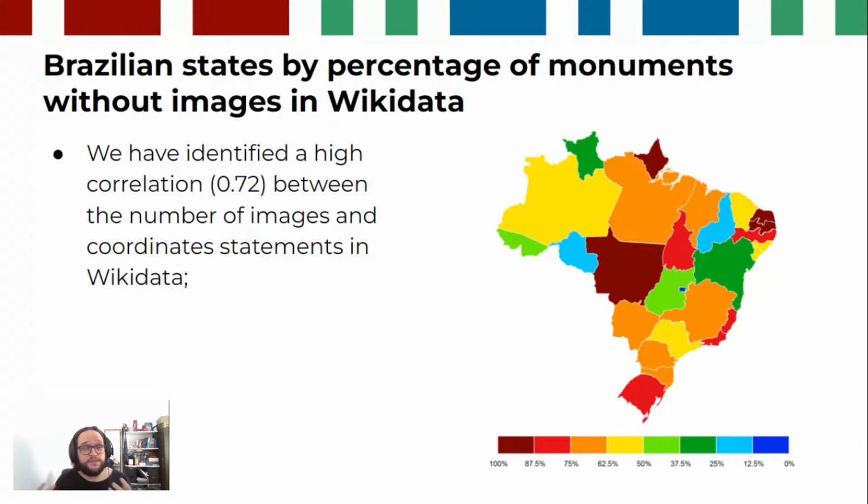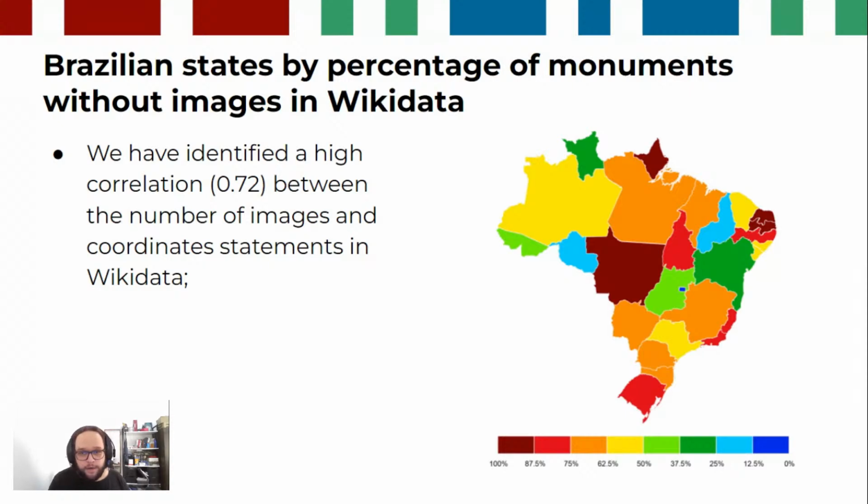Here is a map of the Brazilian states by percentage of monuments without images in Wikidata. And the interesting part of this is that we found a correlation, thinking about the analysis of these photograph competitions. We have identified a high correlation between the number of images and the coordinates statements in Wikidata. So if you have a monument with a coordinate, it has a higher probability of having an image